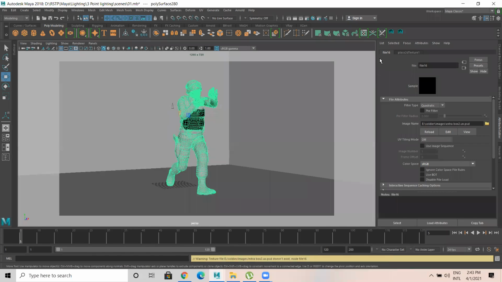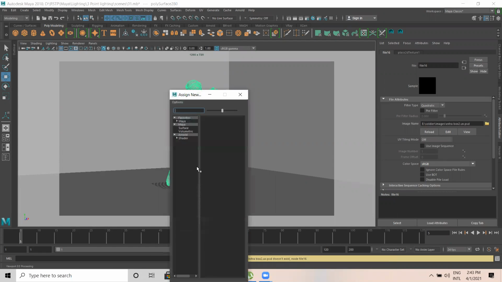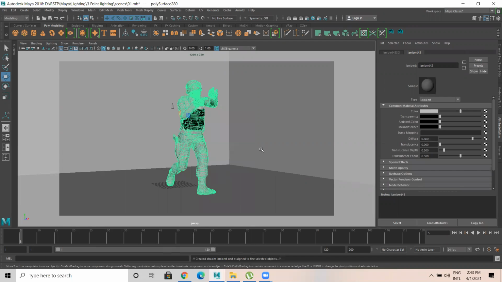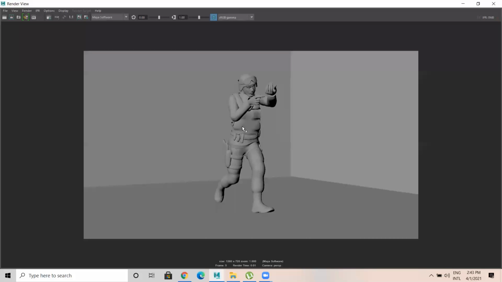I would like to go with the default one. For the time being, assign new material. I'll go with a new Lambert material for this model. When I take a render, I'm getting an output like this.